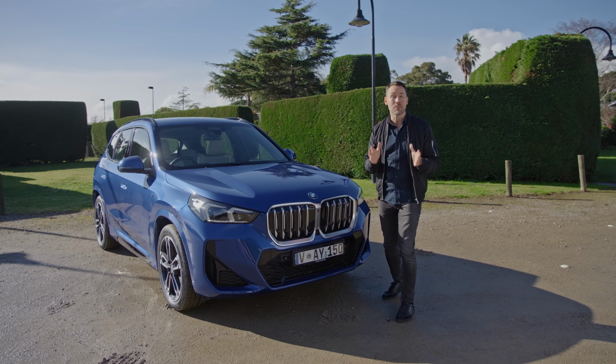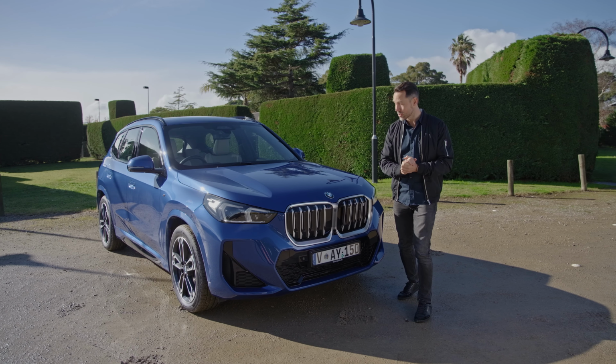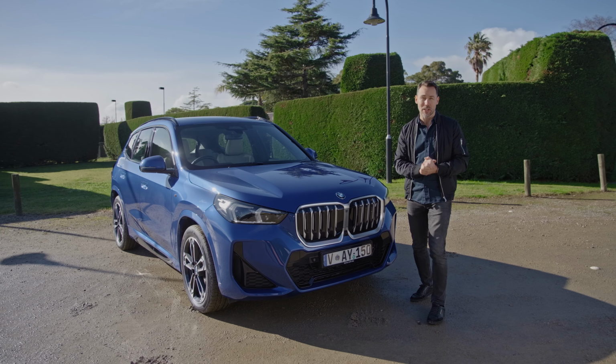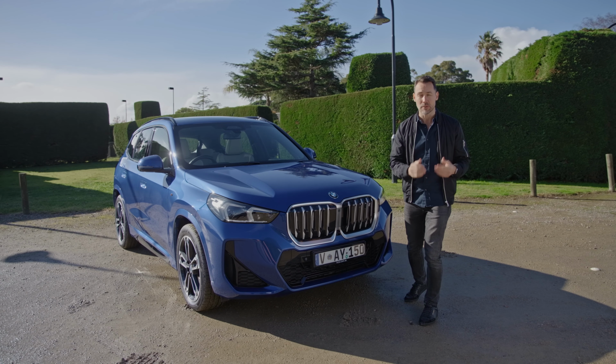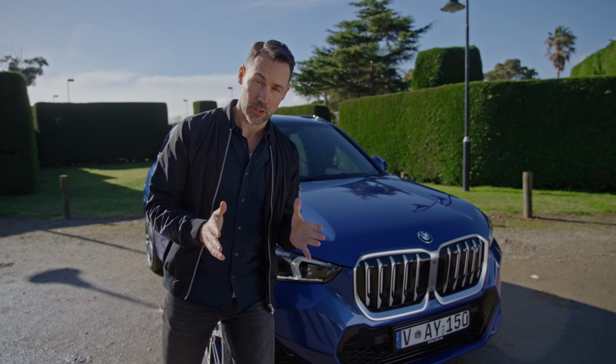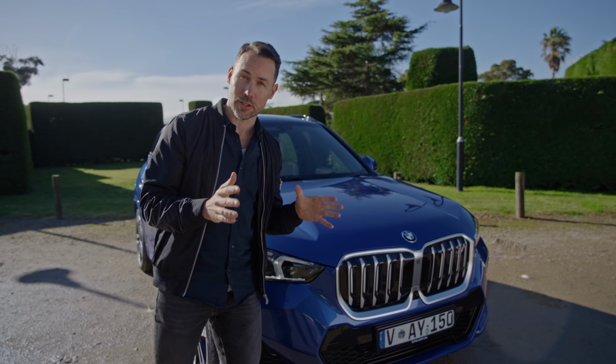Well guys, I'm here with BMW's new iX1. So this has new technology, new styling, but best of all, it's BMW's entry point for its least expensive EV. So this is a fully electric battery-powered vehicle, and you'll notice that there are some differences in terms of how